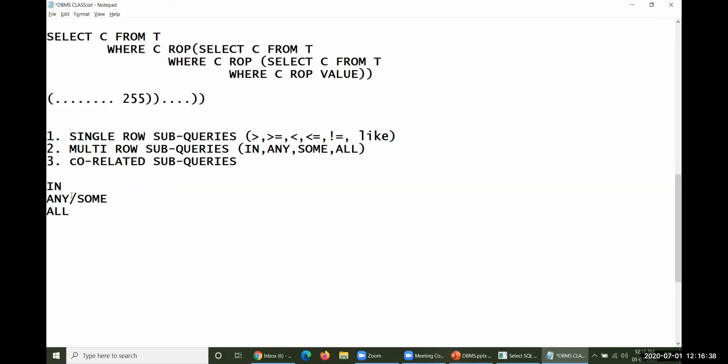Why have any and some both been created, if any does the same job and some does the same job? Why are two different operators provided? In Oracle, both are okay, but SQL Server is another application: Microsoft SQL Server takes only some, there is no any operator in SQL Server. In MySQL, another application, you have only any, and some is not there.